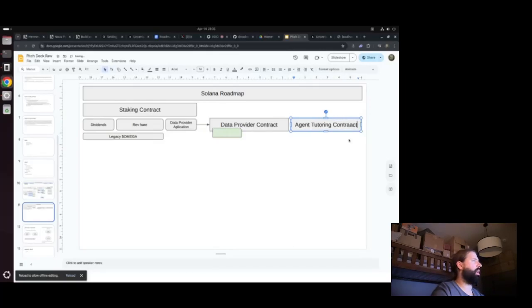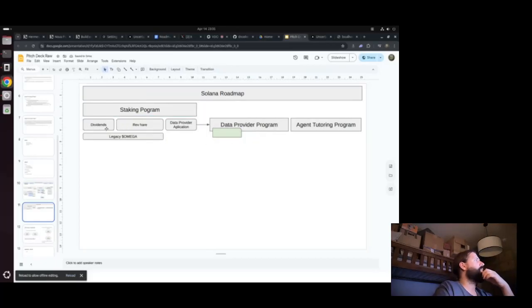Contract, or they are called programs in Solana. Okay, so let's call them by what they are. And so the data provider program is going to have essentially